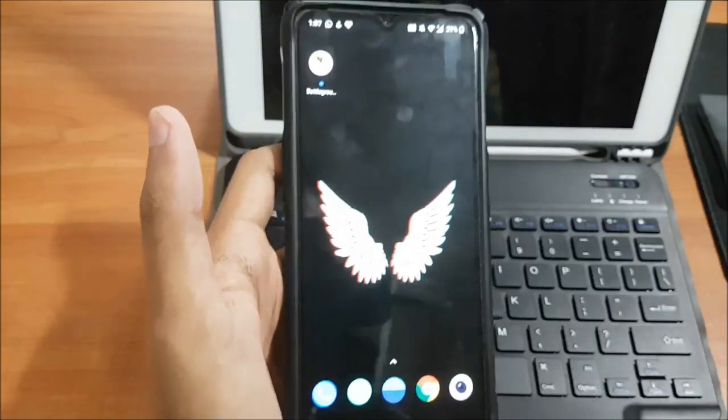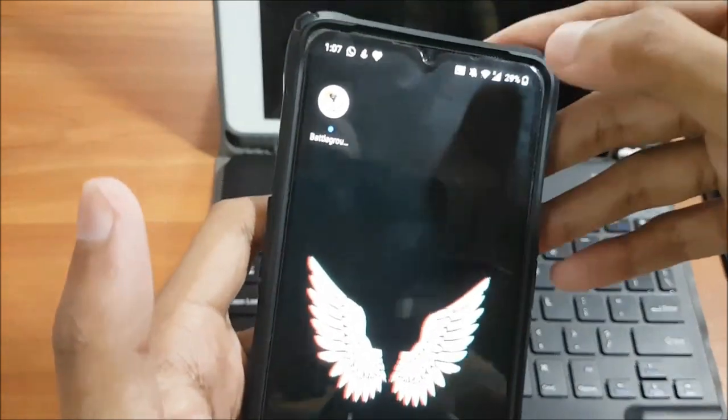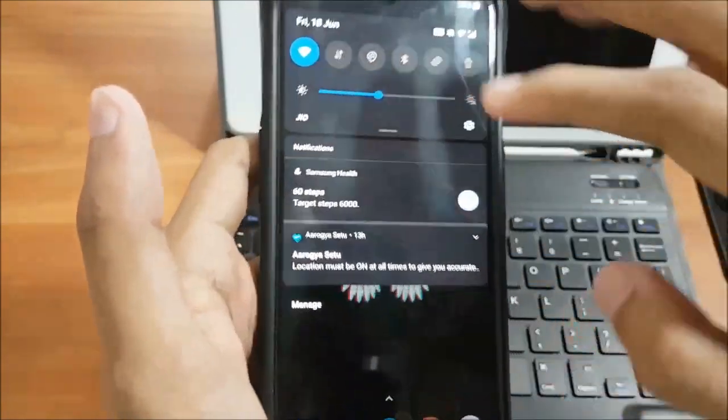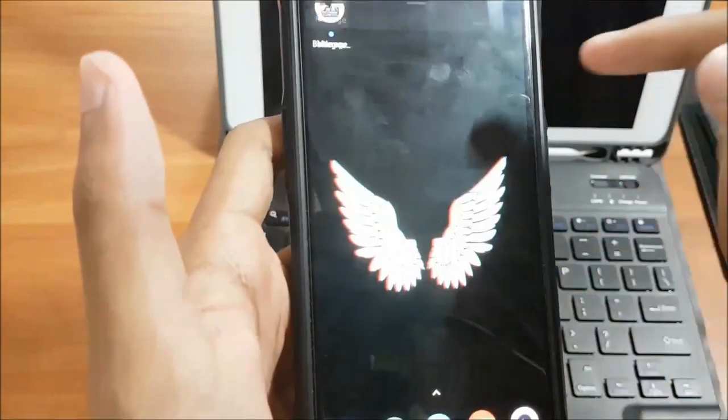So please make sure that you don't open your main account, that is the global account, after all your global account data is transferred to your BGMI account, and please uninstall the global account before you access your BGMI account. As I already told you earlier, please don't use any kind of VPN or something like that. As you can see, I am not using any VPN. It is completely using my Wi-Fi.